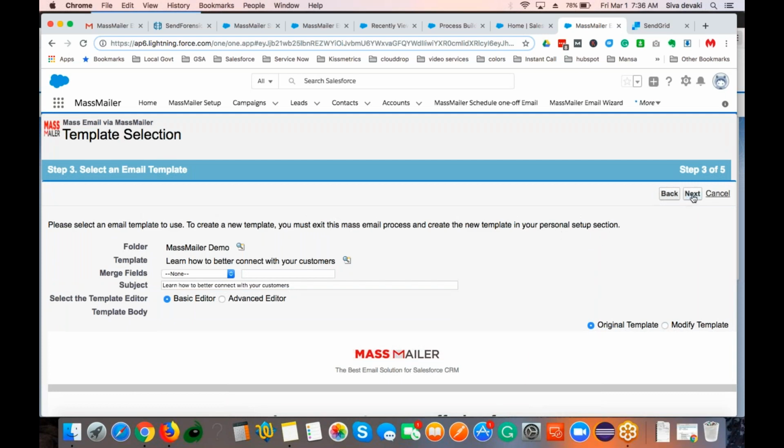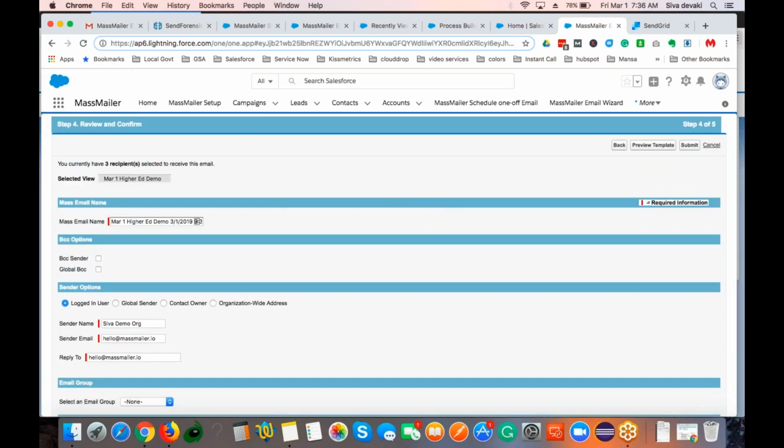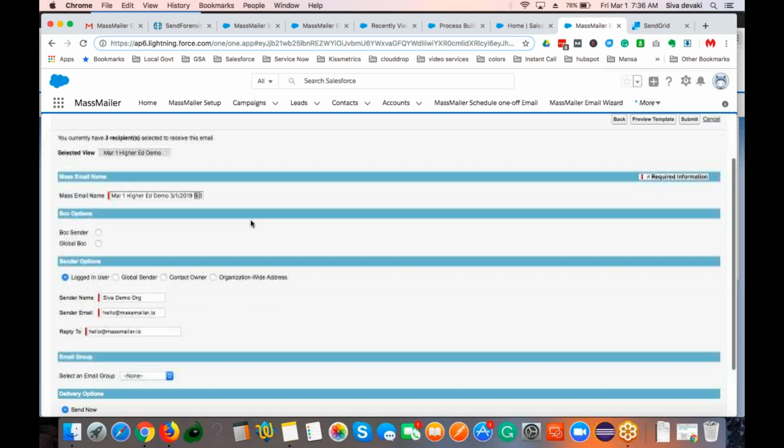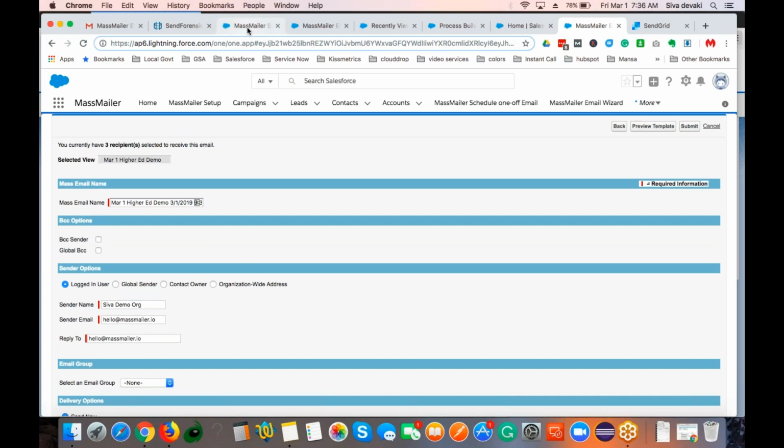So let's say you pick this, and then you go to the next step for more control information for your campaign, such as the campaign name. We call it the mass email name in this scenario. This is editable, even though we pre-populate it with the date and time. And you have an option to do BCC sender and global BCC. These two are set up at the